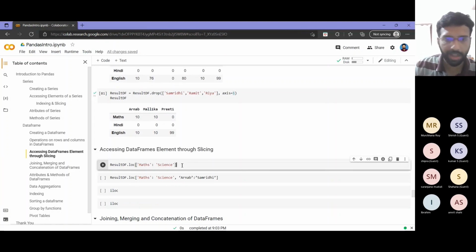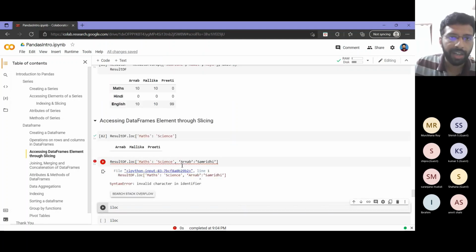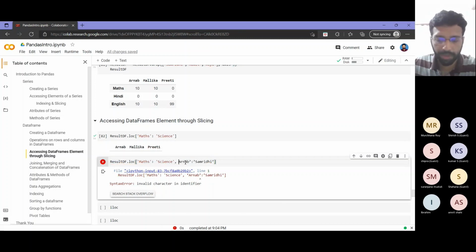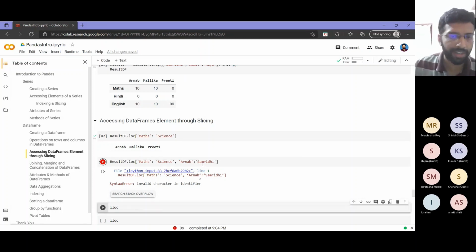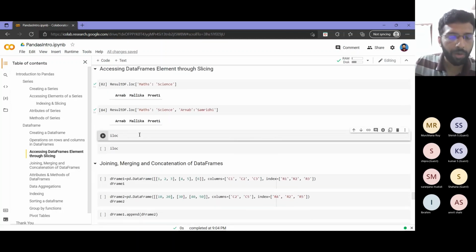Now slicing I already covered in series, so I will not go into detail here. Okay, these things are not there; I copy pasted those. We have dropped them. I hope you are getting why we got this error, right? I am trying to print something that I already dropped. I will not try to correct that because that part is clear. Similarly, I will not go into detail, as that is the same as what we did for series.